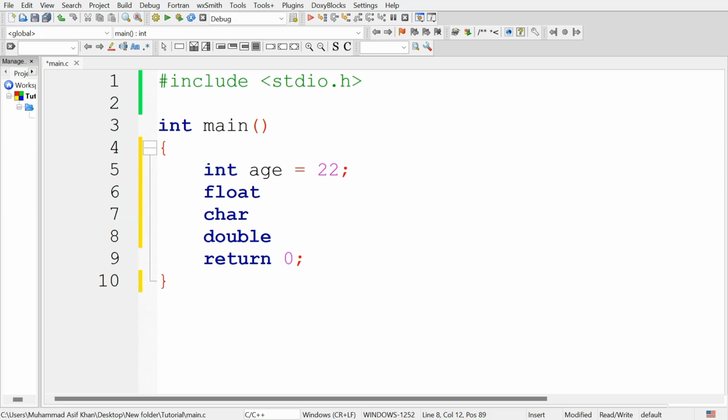We can create variables of these different data types. For example, first I created a variable age of data type int. Then I am going to create a variable GPA, that is of type float.